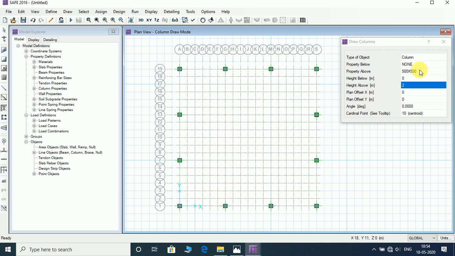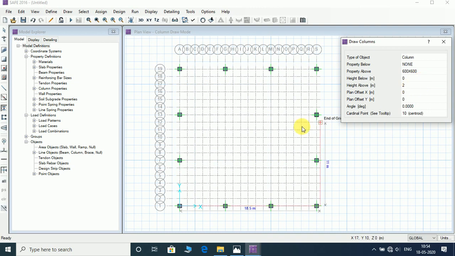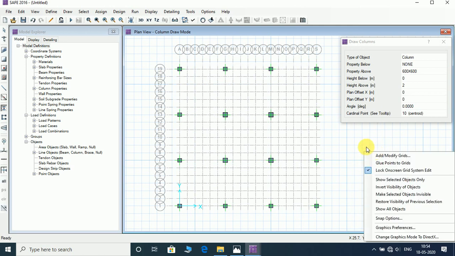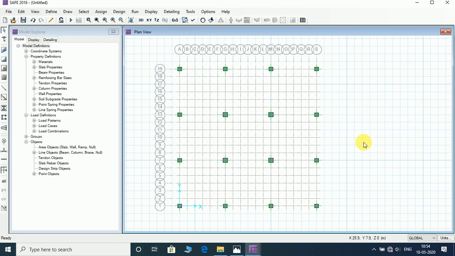So the other two types of columns are 500 and 600, which are the inner columns, that is here as well as here. Okay, go outside and just right click it, or press escape, it vanishes. Next,